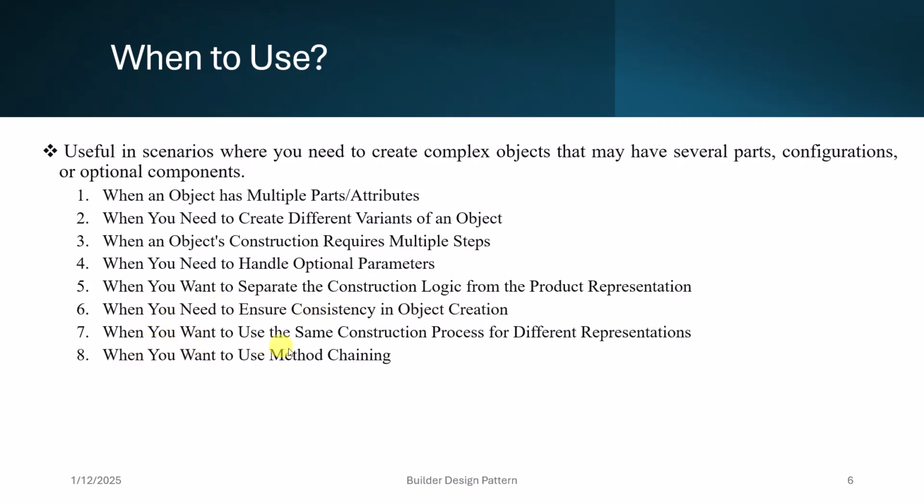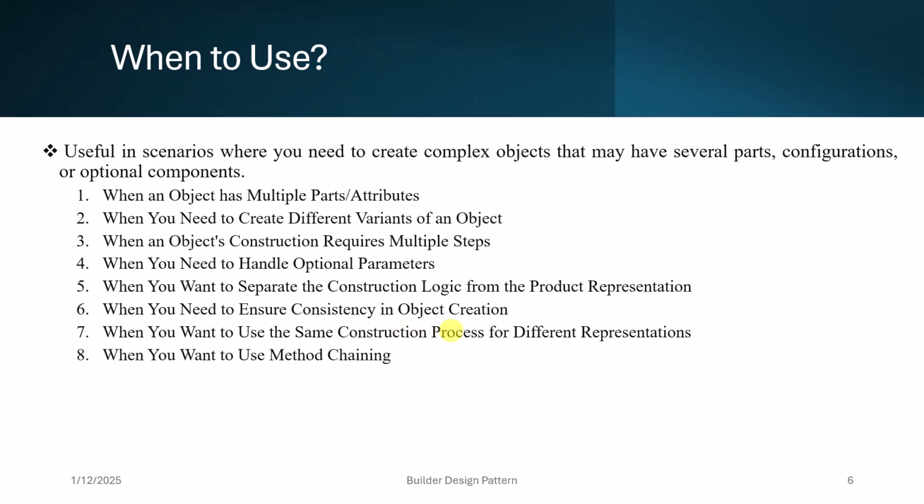Next is when you want to use the same construction process for different representations. So if you need to build different representations of the same product, like for example a house or car, the builder pattern allows the same construction process to be reused for the different variations while enabling the flexibility to